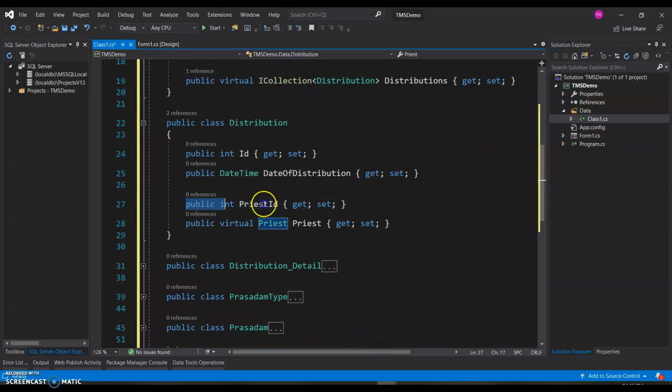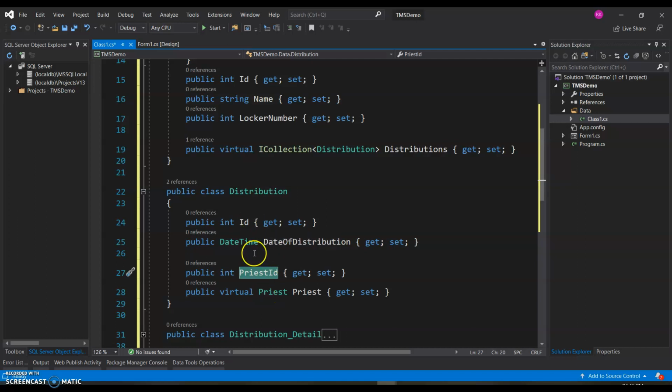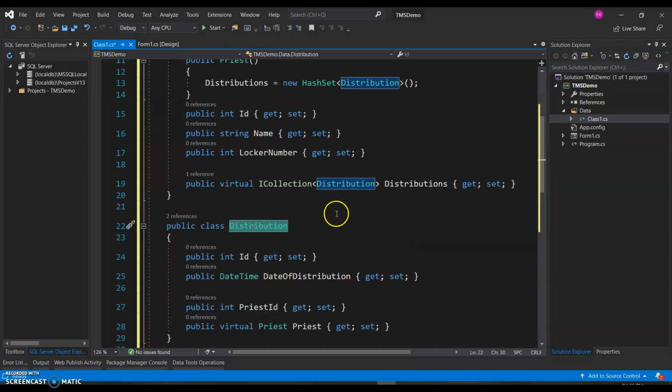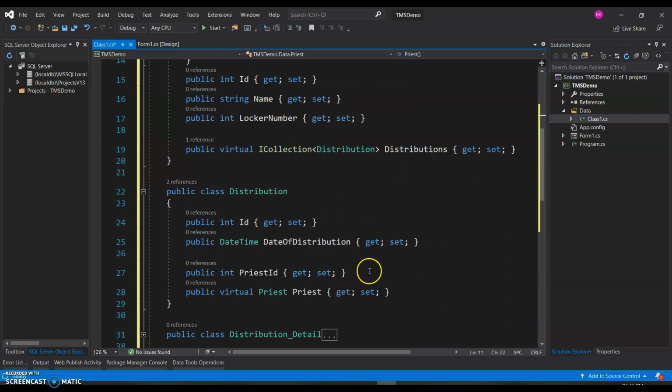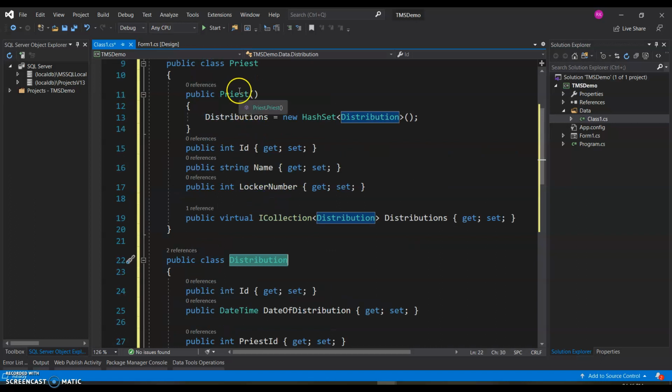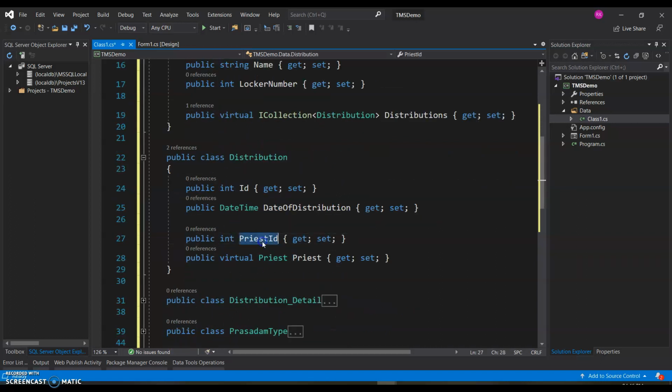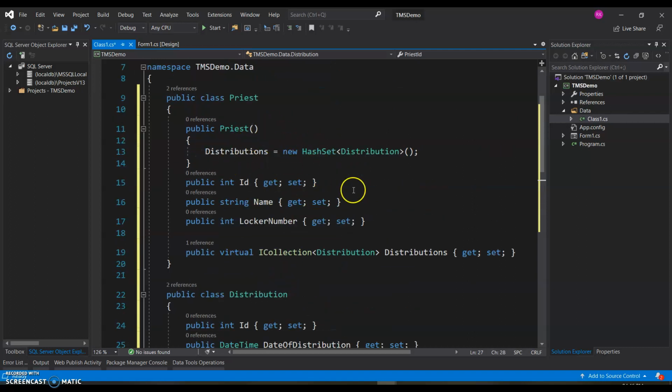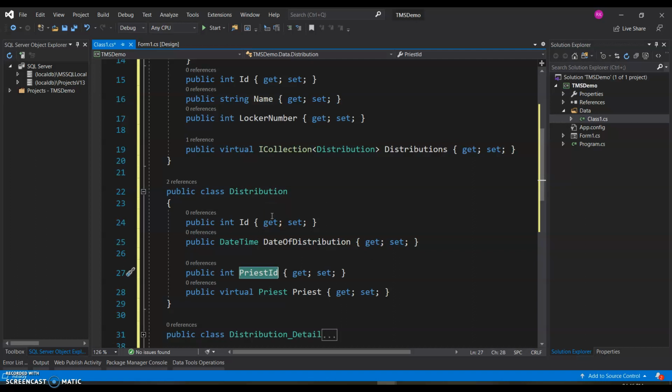We did this for a very important reason, that once you have this ID column in a particular entity, it gives you a lot of flexibility. I could start associating a distribution object later on in the application to a priest object just by supplying this ID. I don't even need to have this priest object in order to establish a relationship between distribution and priest. All I need to have is a priest ID. If I just say, let's say for example, distribution.priestid equals 1, automatically this distribution will be associated with whoever priest is there with the ID 1. We'll also see this in action once we start querying it.